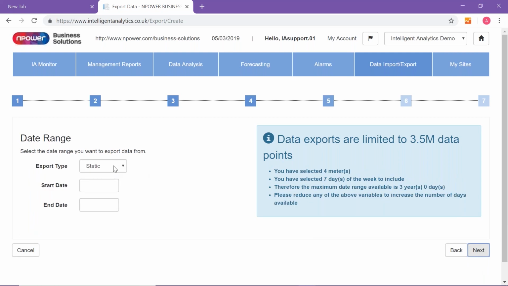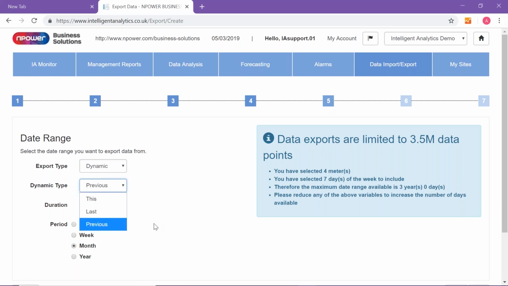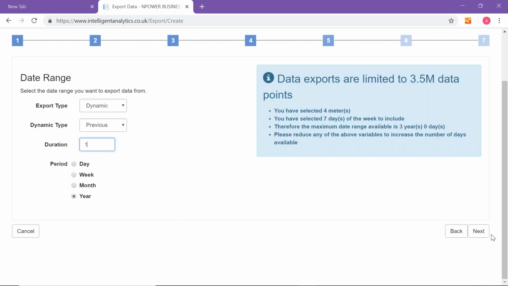And I'm going to select static or dynamic. I'm going to select dynamic, and I'm going to say the previous month. I only want 1 month. Previous year, and I only want 1 year, but the data goes back further than that. So if you wanted the previous 3 years, you could expand on that and put this duration to 2 or 3. I'm going to select next,